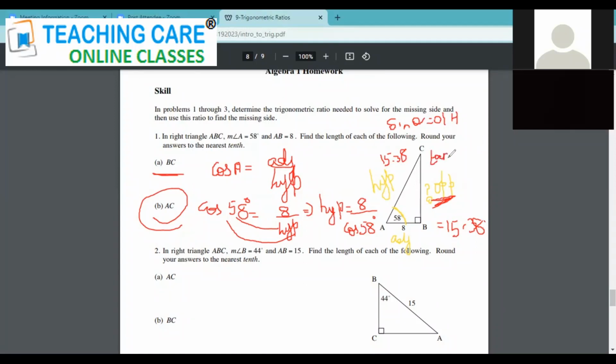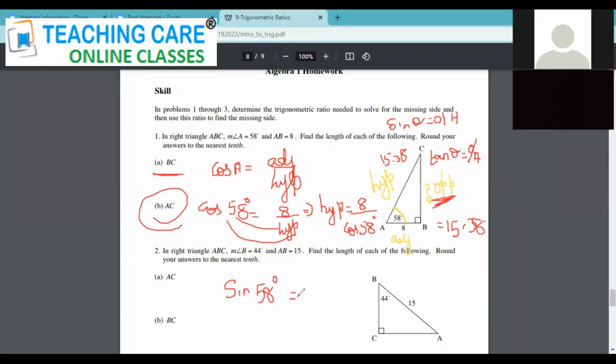Otherwise, one more choice is there. You can use tangent of theta. What is tangent of theta? Opposite side over adjacent. That also you can. Got it? Both the things you will get the same answer. So I will use sine theta. Okay? Sine 58 degrees